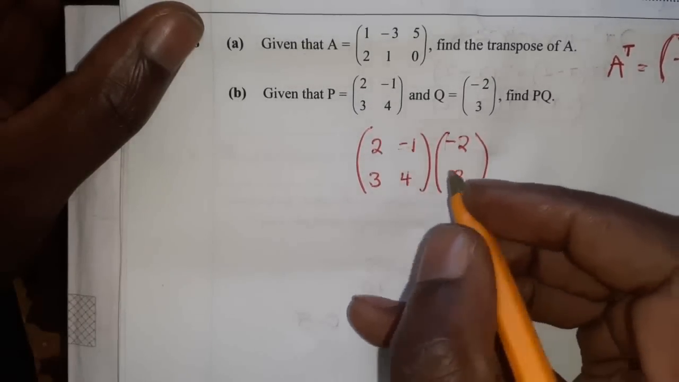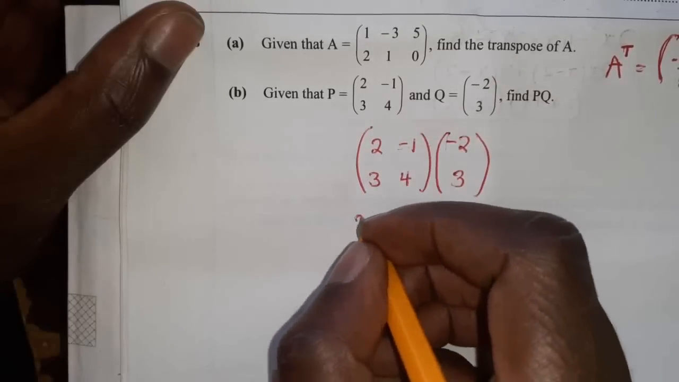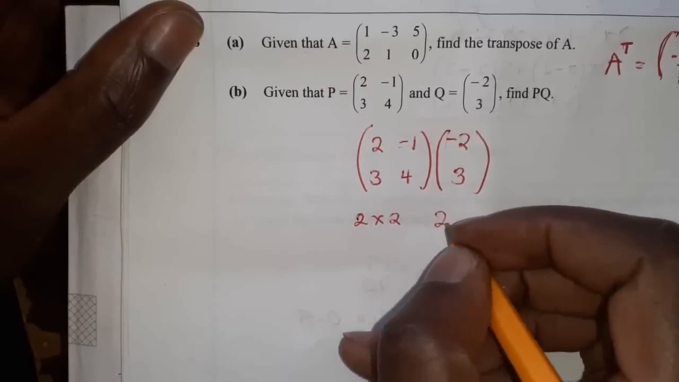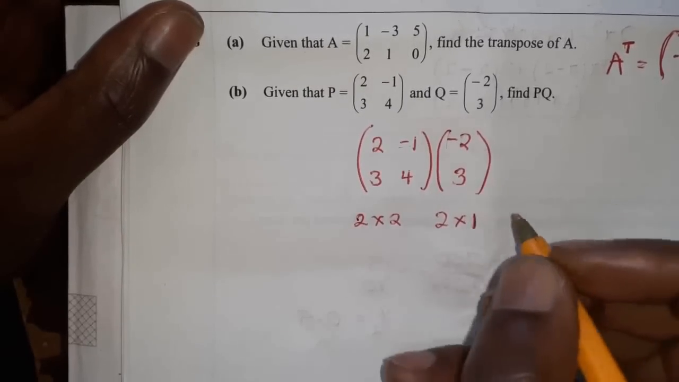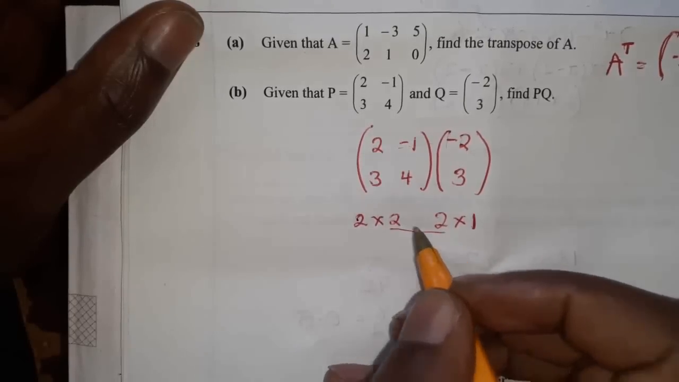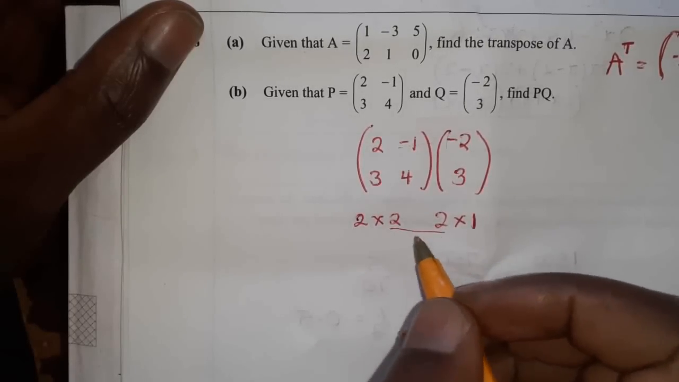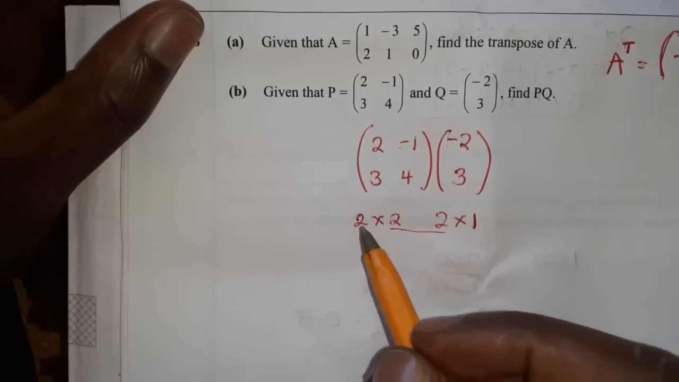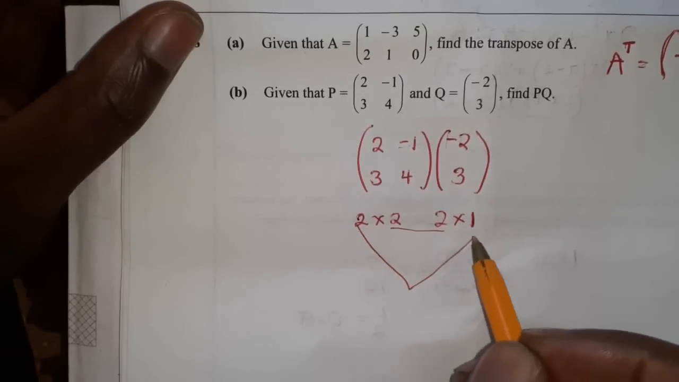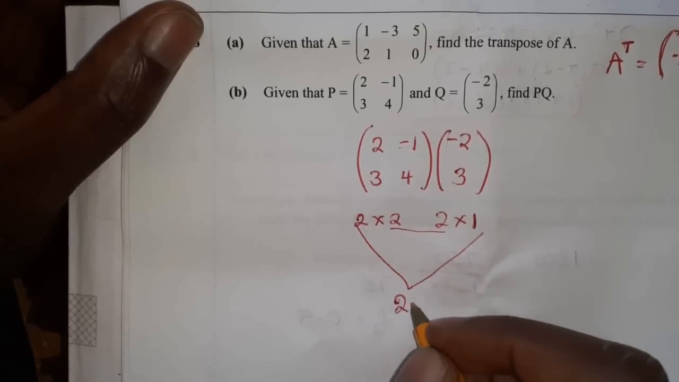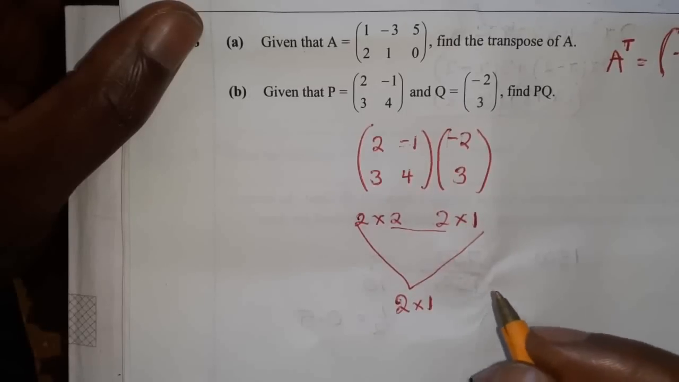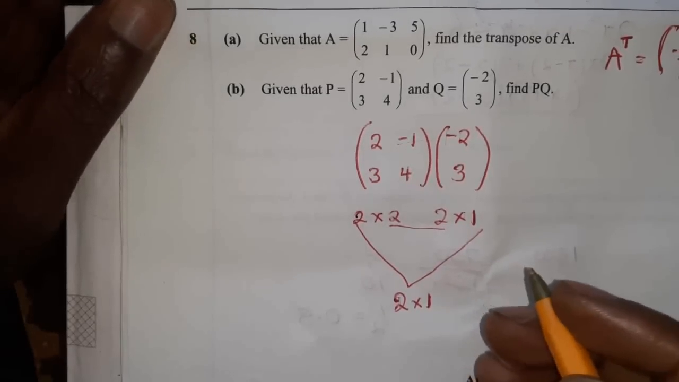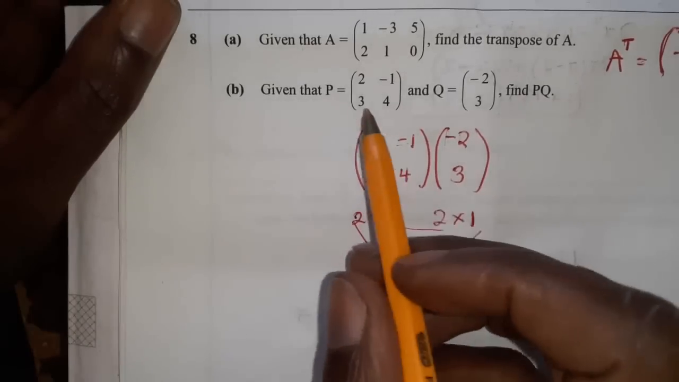Okay, so this is a 2 by 2 matrix. This one is a 2 by 1 matrix. When these two are equal, then you know that the two matrices can be multiplied. So our final answer is going to be a 2 by 1 matrix. That is just to give us the order of our answer. So now we can say